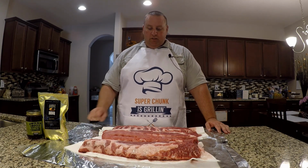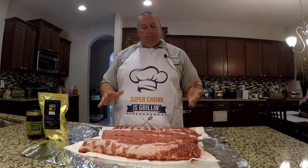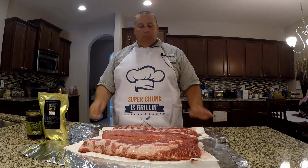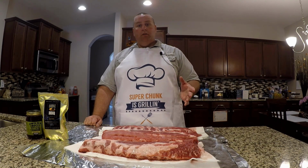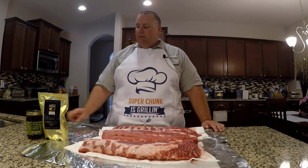So let's get started prepping these things. Like I said, there's really not much to do with these. All I do is take them out of the package. I rinsed them off and patted them dry on some paper towels here. The only thing I really want to do is take off the membrane that's on the back. But before I do any of that,